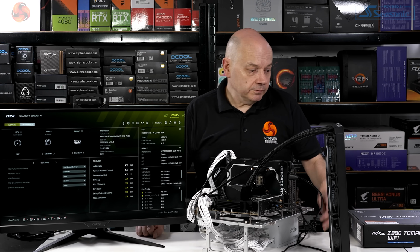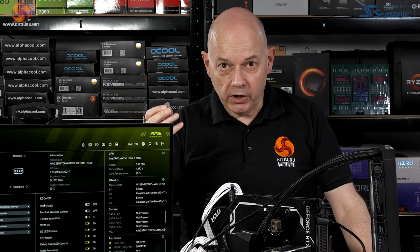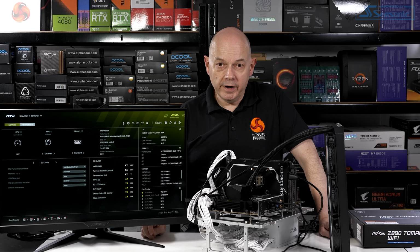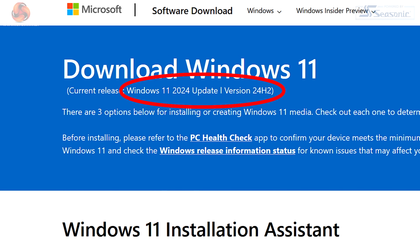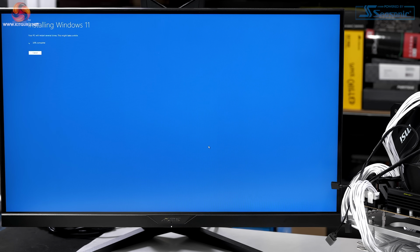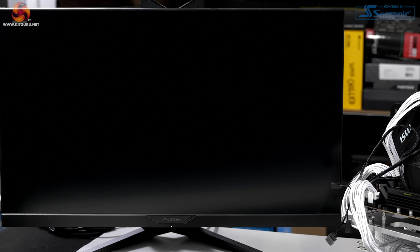The next job is to take our bootable USB drive and install Windows 24H2. That's the latest version of Windows 11, 24H2. If you go to Microsoft.com, that's what you'll find. Installing Windows is the usual chore, so once you've downloaded the Windows installation media and created a bootable USB flash drive, off you go. Select the obvious options for your language and regional settings, sign in to a Microsoft account,